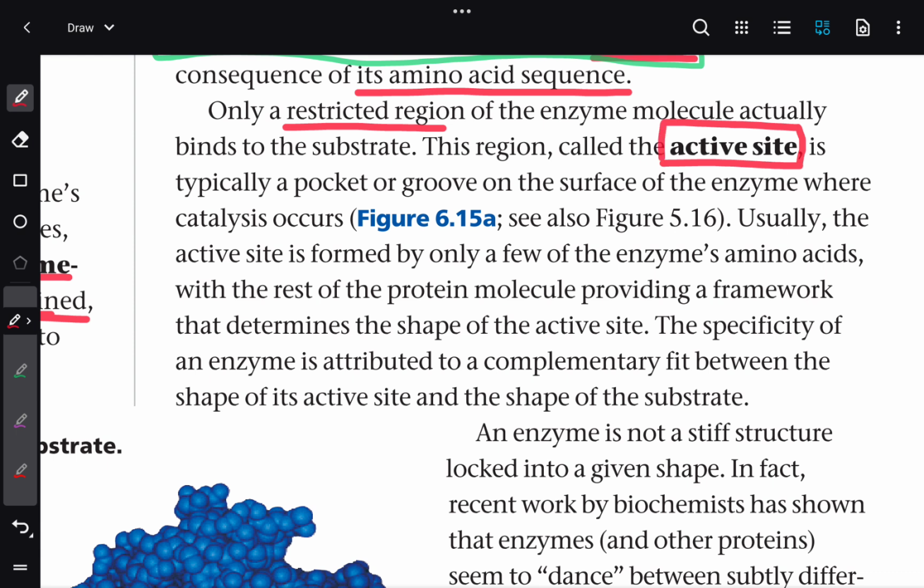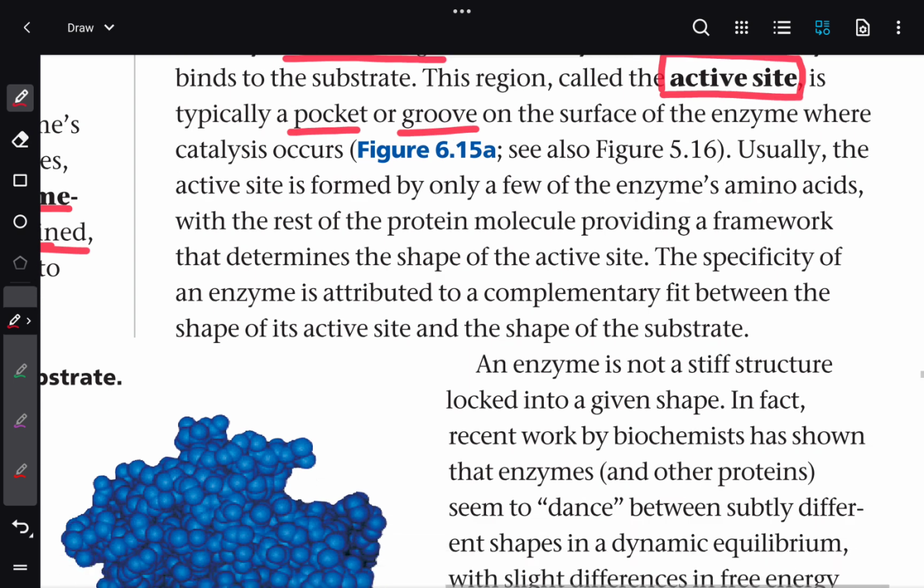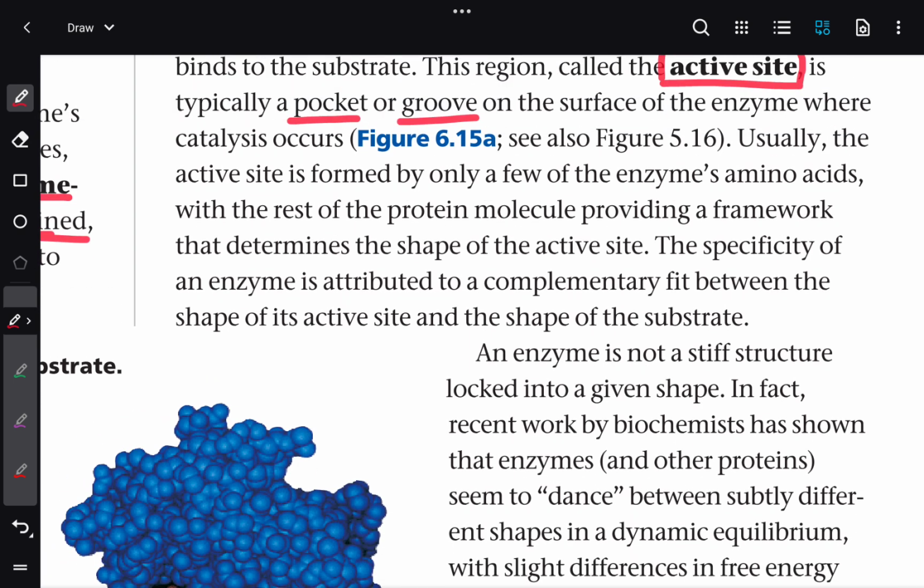It's typically a pocket or groove on the surface of an enzyme where catalysis occurs. The catalysis only occurs on the active site of the enzyme. Usually the active site is formed by only a few of the enzyme's amino acids, with the rest of the protein molecule providing a framework that determines the shape